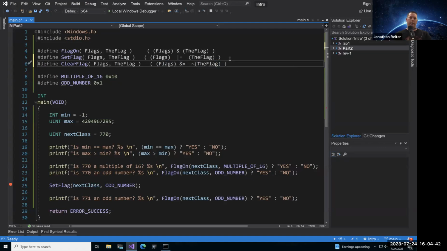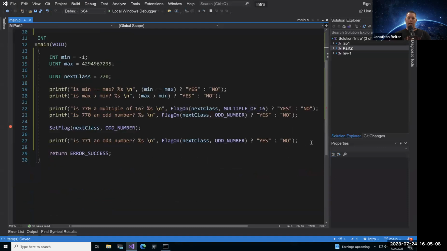This right here is how we can actually clear a flag. Again, the terminology we're using here is set and clear. Set means the value of 1 is present, and clear means we're taking that away, and the value there is going to be 0. So that's clear flag. Now, how do we use this?